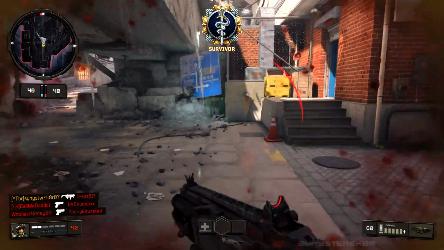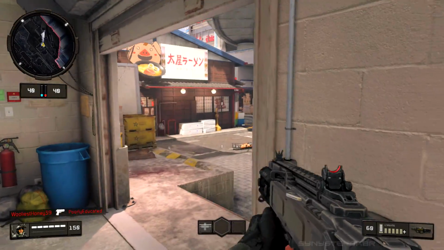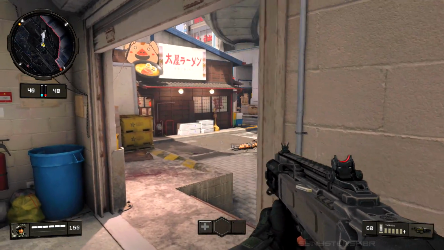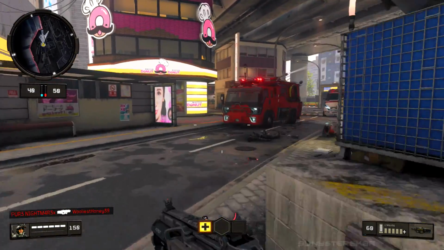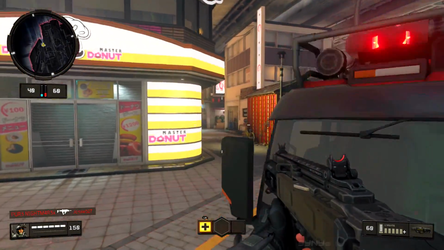First things first, Gun Game has made its debut into Black Ops 4, which is pretty awesome. If you guys don't know what that is, every time you get a kill, it switches you to a new weapon. Mercenary Deathmatch Mosh Pit is now live in the featured playlists, and then Chaos Domination has been introduced into